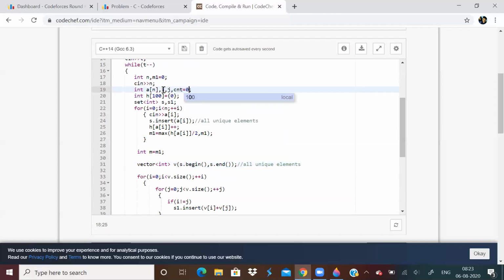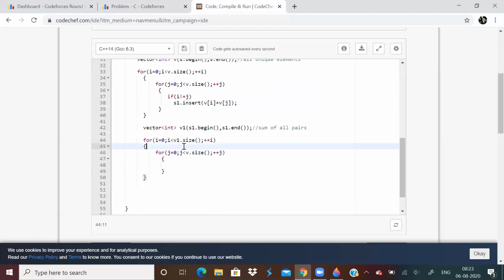I'll keep a count variable. This count variable will every time help me to calculate the number of pairs possible for some v1 of I. For every sum, I'm calculating how many pairs are possible.